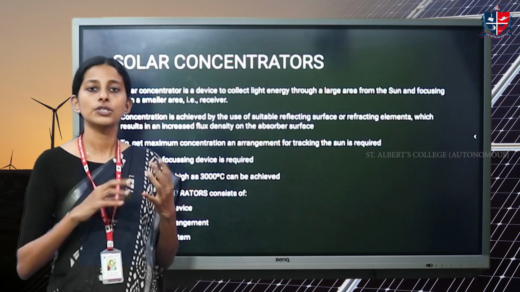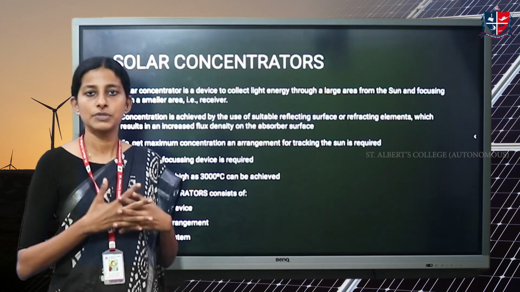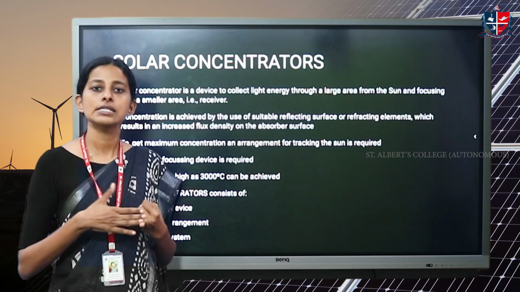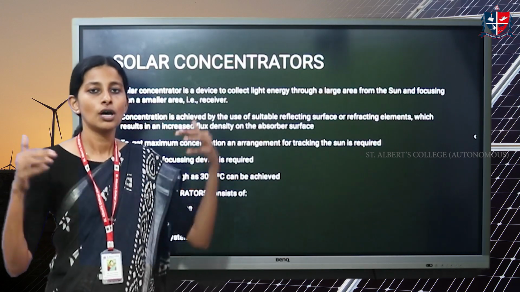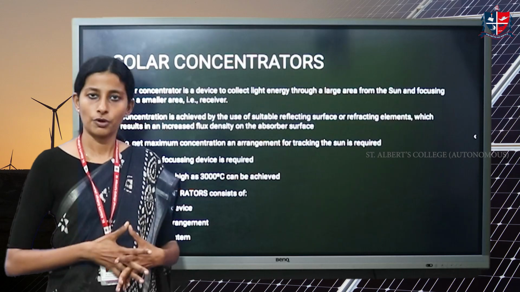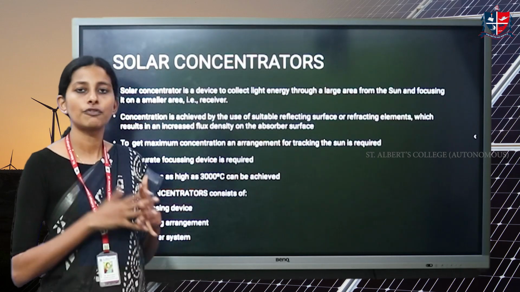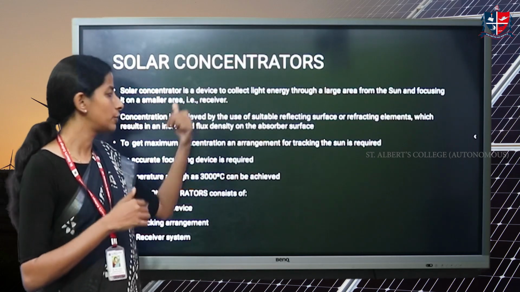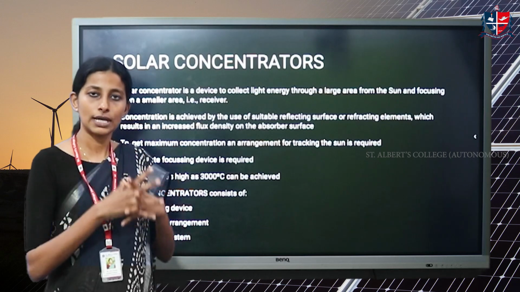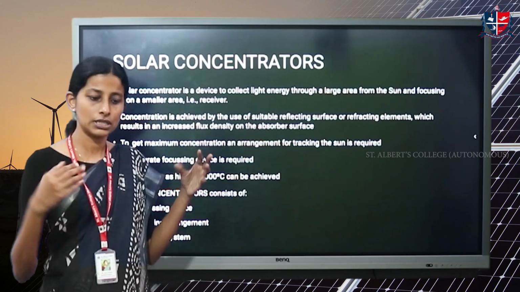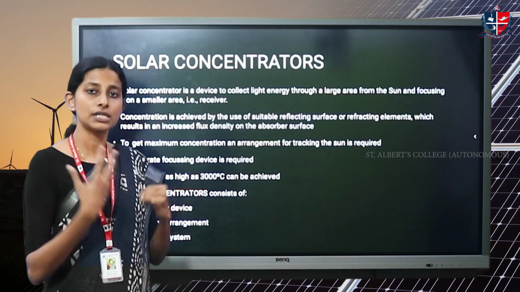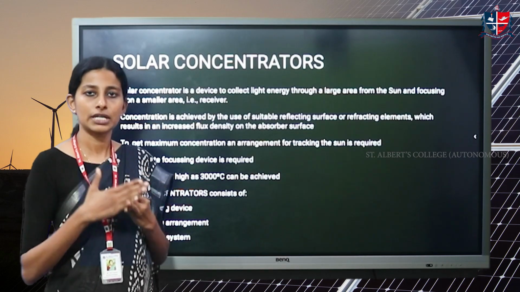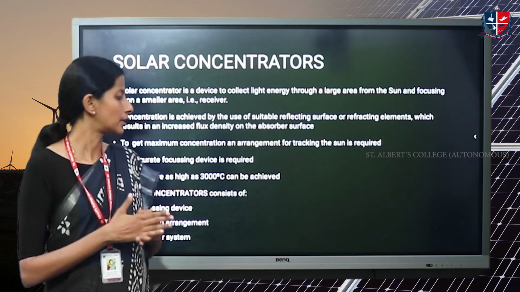It is definitely the use of optical devices. Optics, like mirrors, lenses, refractive substances, etc., have the ability to focus the radiation to a particular point. That is the additional feature of a solar concentrator. So we dealt with the definition. It is a device used to collect the radiation which falls on a larger area and focus it on a smaller area. This is done using optical devices like reflecting or refractive materials, mirrors, lenses, etc.